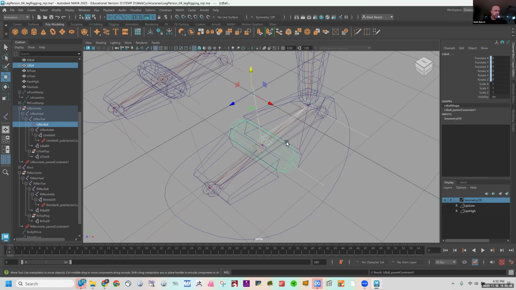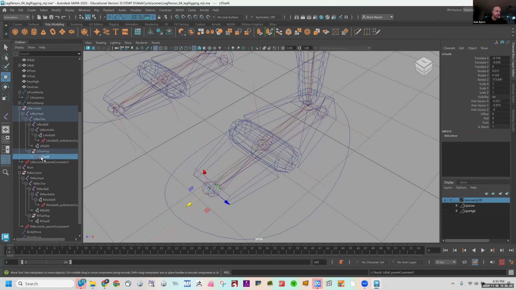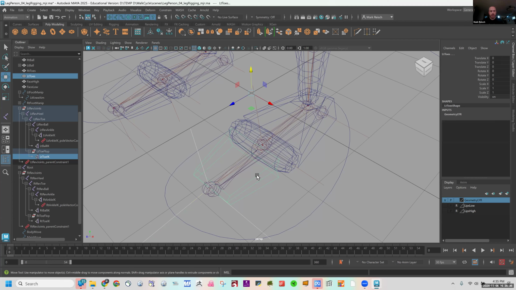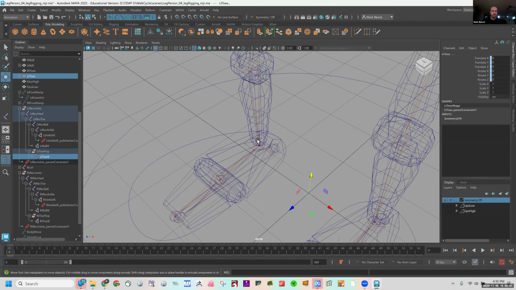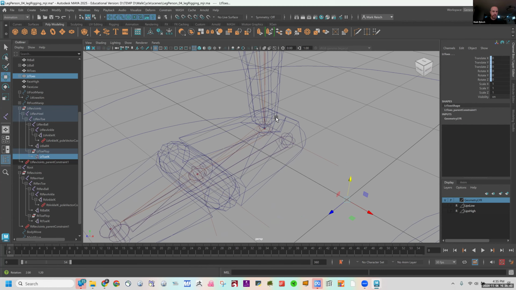Then I'm going to go to my toe IK. Let's see here. Toe IK. Yep, my toe IK. And the left toes. And my left toe is these ones right here. There we go. The geometry. And I'm going to press G. Then I'm going to go back over here. I'm going to select